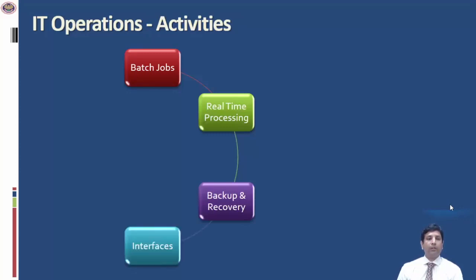Another aspect of operations could be interfaces. Interfaces are basically relevant when there is more than one application in a company. If there is a single application, interfaces may not be that relevant for our audit. So basically interfaces are data flow between one or more systems, and the data flow could be either real-time or it could be through a batch job or it could be even a manual interface wherein data is manually copied or downloaded from one system and uploaded into another system.